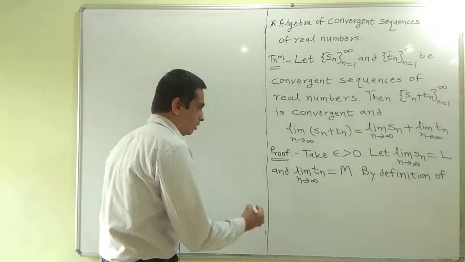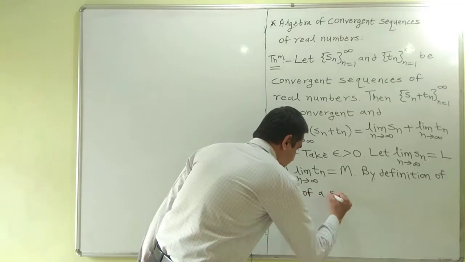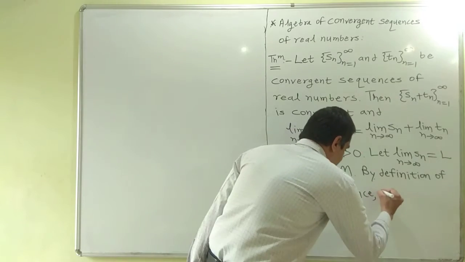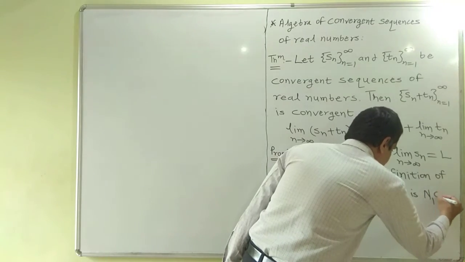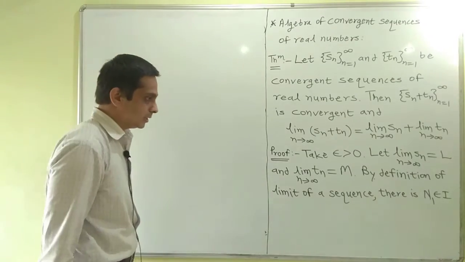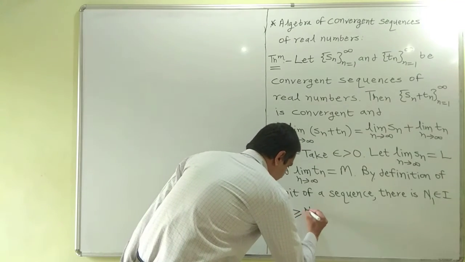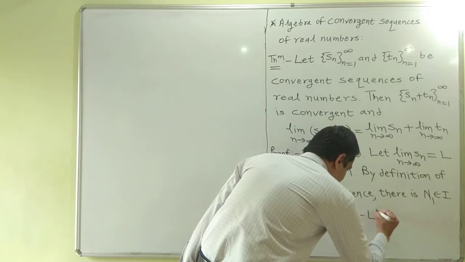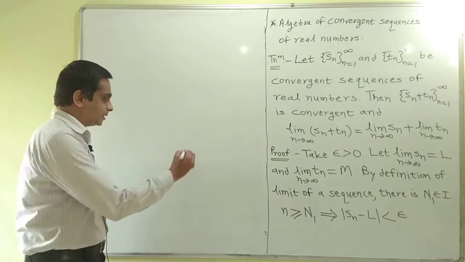By definition of limit of a sequence, there is n1 belongs to I, where I denotes the set of positive integers, such that n greater equal to n1 implies mod Sn minus L is less than epsilon. As epsilon is arbitrary, we can replace epsilon by